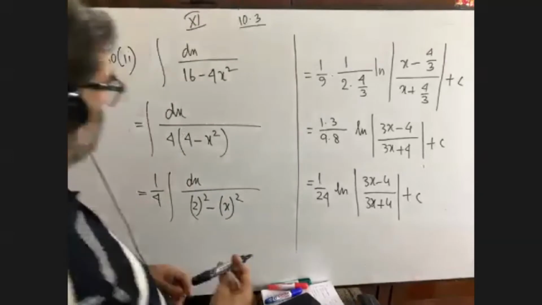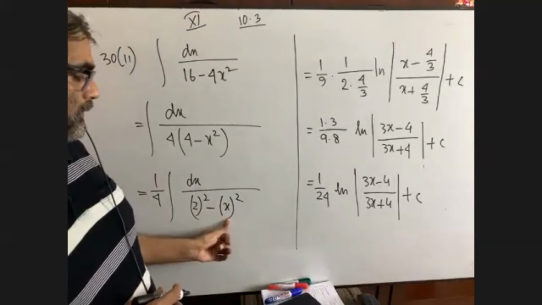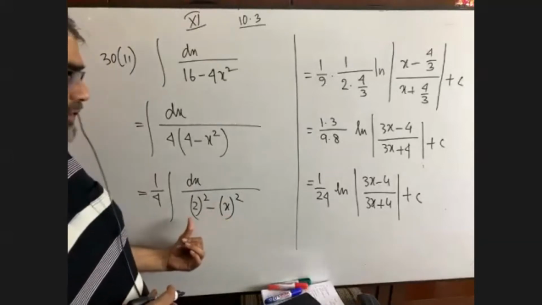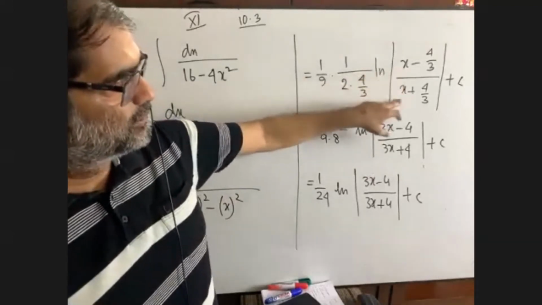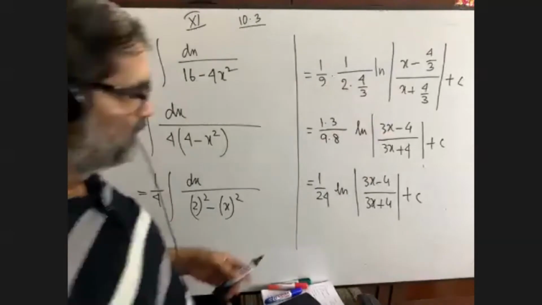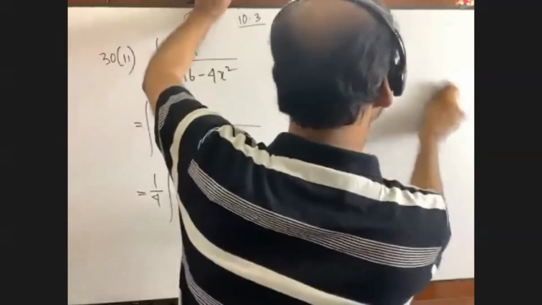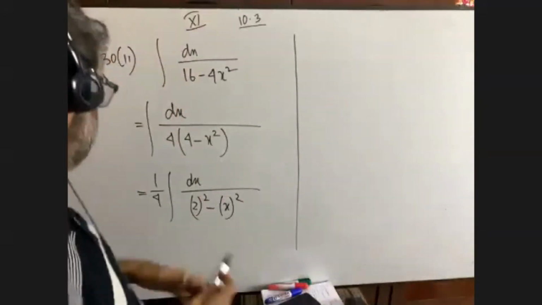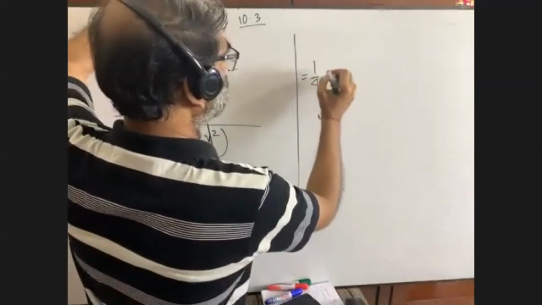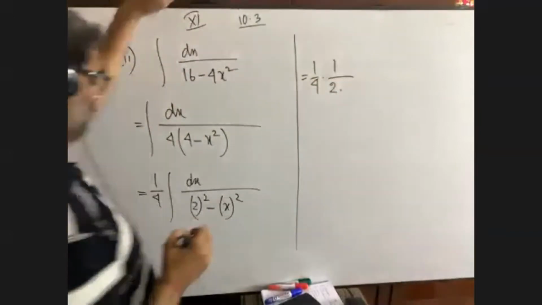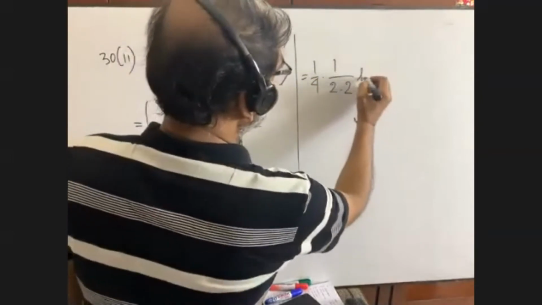You just see x is here in the second position. But in the previous math, x was in the first position. For the previous math, in the formula, x was at first here. But in this case, it won't be. You see, I proved all the formulas. Perhaps you have got it at that time. This is 1 by 4, then 1 by 2a. What is a here? A is 2, right? 1 by 2a ln.